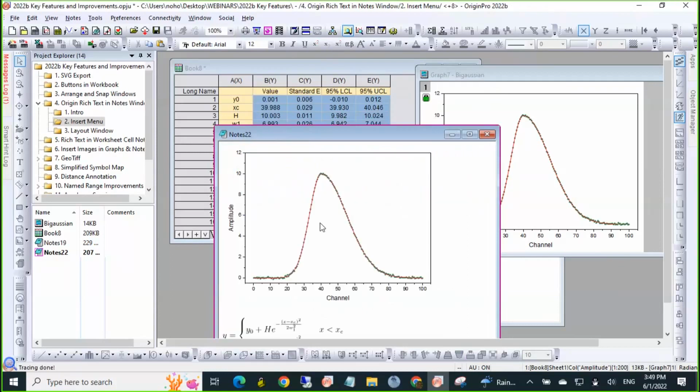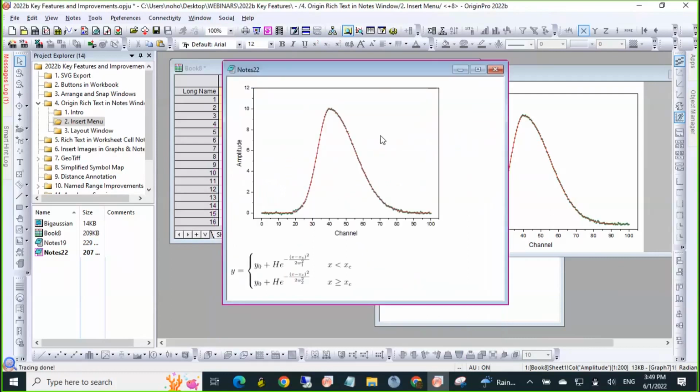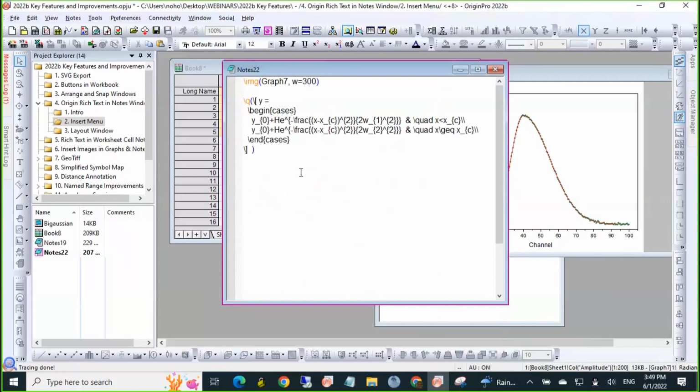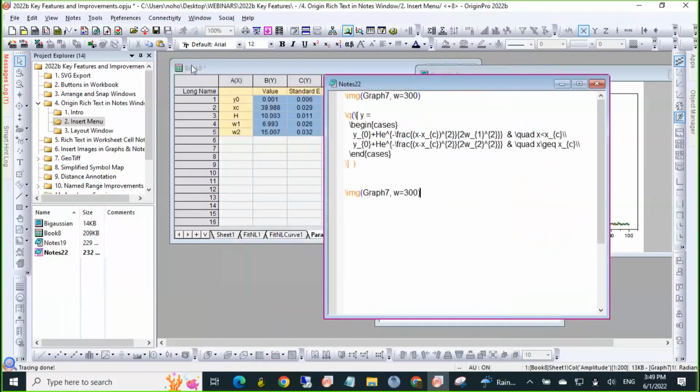It uses MikTeX in the background to make the rendering. Okay. Let me show you how to insert a worksheet. We don't have a menu for it right now, so I'm going to just copy this particular syntax. And what I want to insert is book 8 and parameters tab. So I can go here and type in the syntax book 8